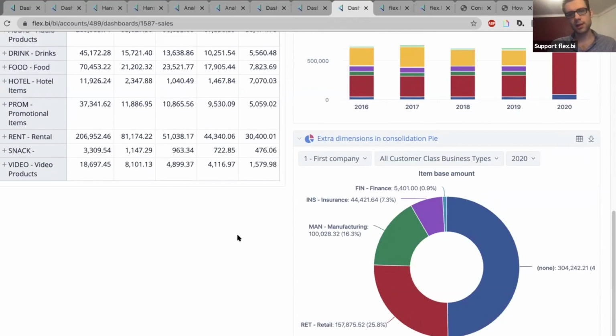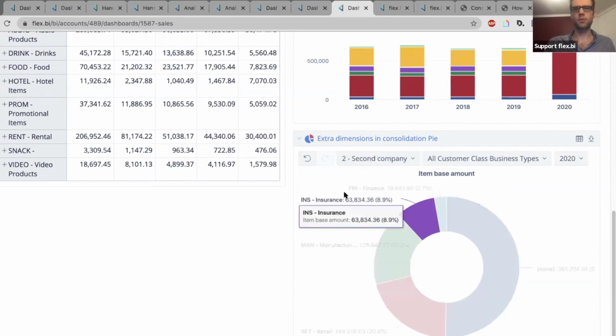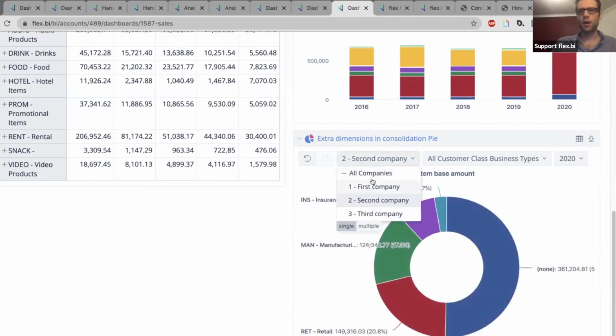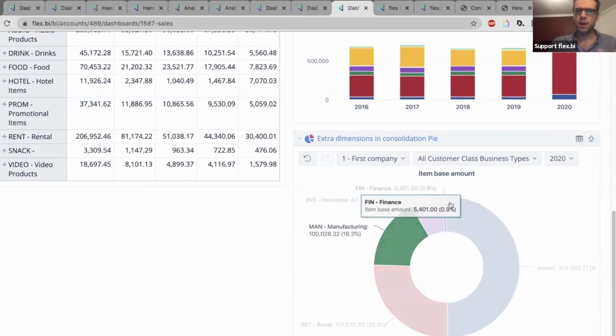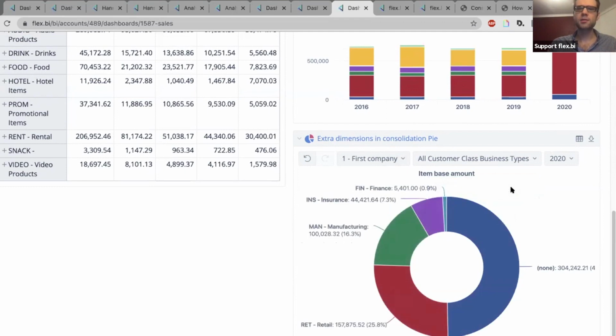If you have two companies that have the same objects, like the same code, same name, Flex.bi will know how to combine these. So I can go from one company and see what the result is for the other company. In this example, I'm using the customer classification, I think customer classification for type business, see the same hierarchy. So when you pick objects that are the same, Flex.bi will combine these objects into one object